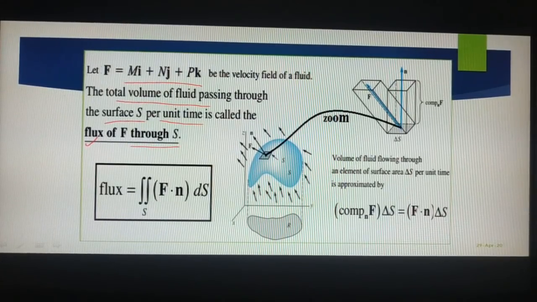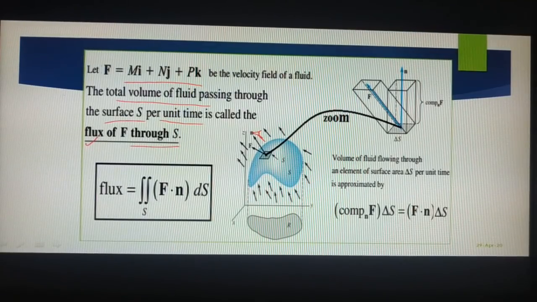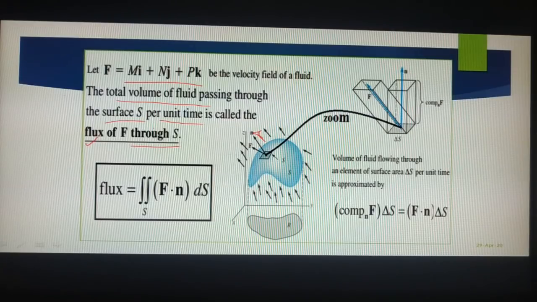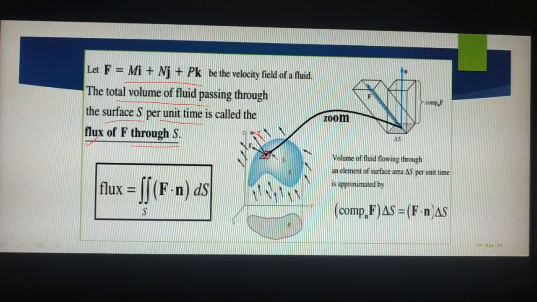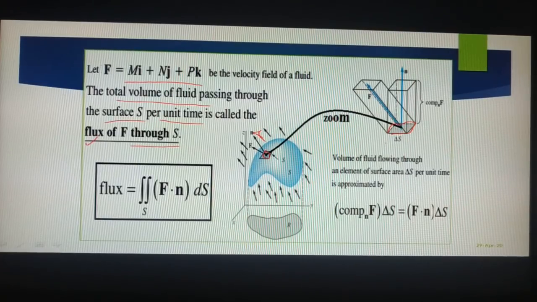Let us understand this with the help of this diagram. I have a force field here, and this is the direction of the force field. In this direction I have drawn all these vectors of the force field. Then I chose some region on the surface, a small, maybe rectangular, area delta S, and I am just zooming this out. You can see here, this is your delta S. I want to find what the flux flow in that particular area delta S will be.